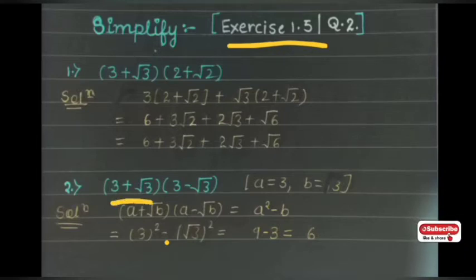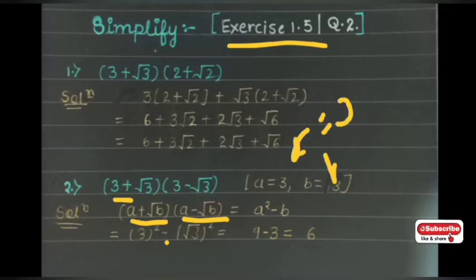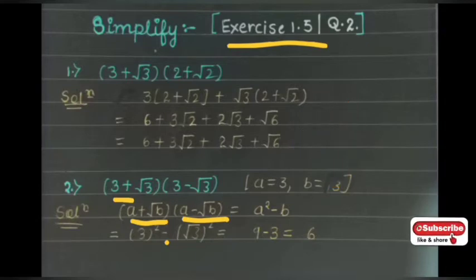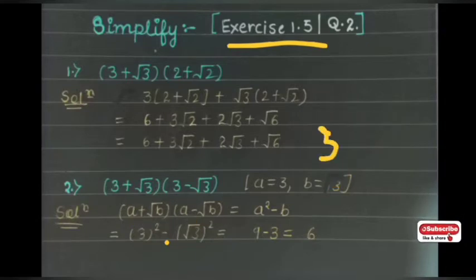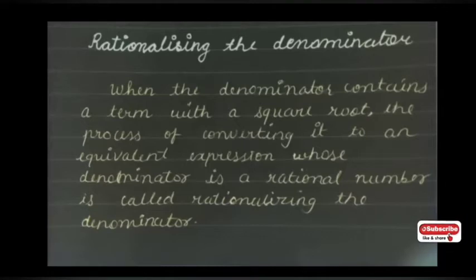Next question, (3 + root 3) multiplied by (3 - root 3). Here, as you can see, you can solve it using the identity I told, (a + root b) multiplied by (a - root b), which would be a square minus b. Why is it b? I told you root b square would be b, that's why it is just b. So just place the values. In the form of a + root b, a is equal to 3 and b is also equal to 3. So the answer would be a square minus b, that is 3 square minus 3, which means 9 minus 3, and the answer is 6.